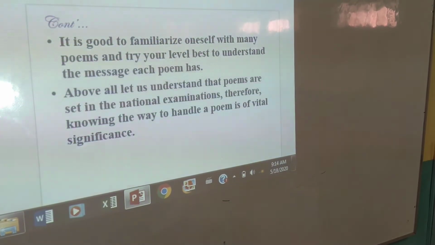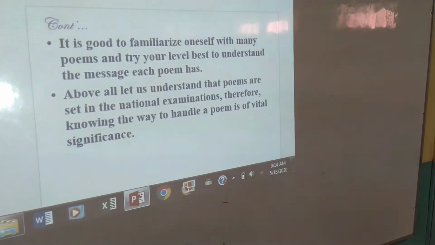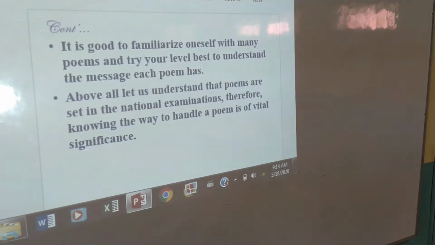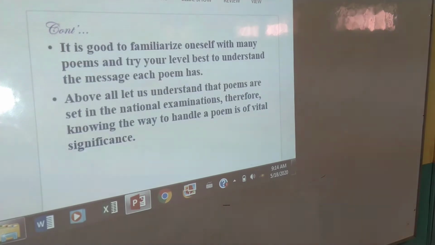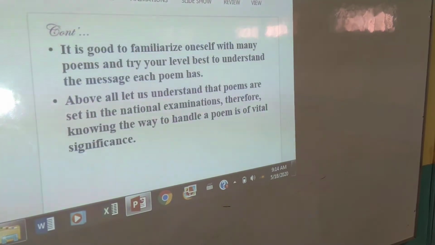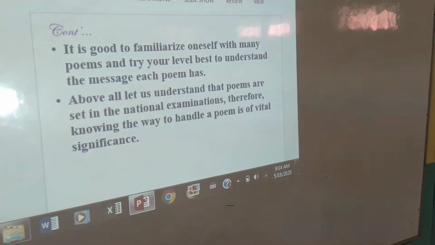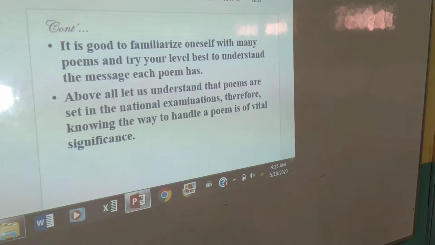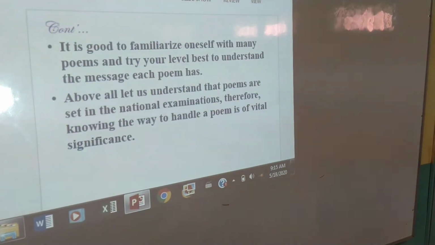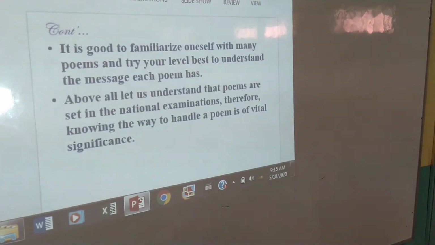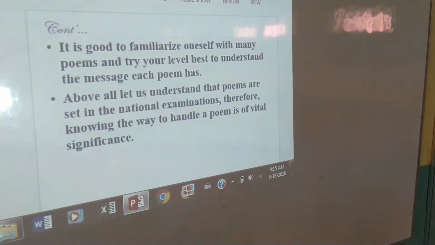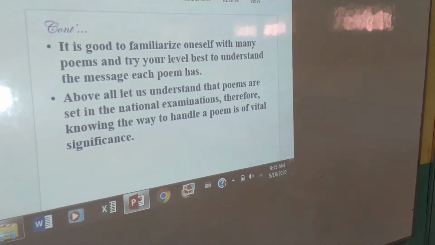paper 2. I will have to point out here that it is very, very vital that you familiarize yourself with as many poems as possible. Try as much as you can to understand the message each poem gives out. Above all, make sure that you understand a poem that is set in a national exam and how you go about answering the questions. Therefore, knowing how you handle a poem and the way you actually react to the questions is a very, very